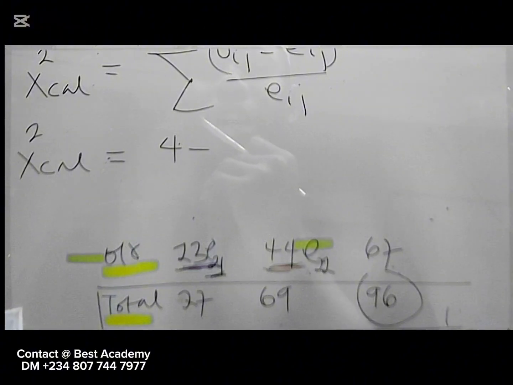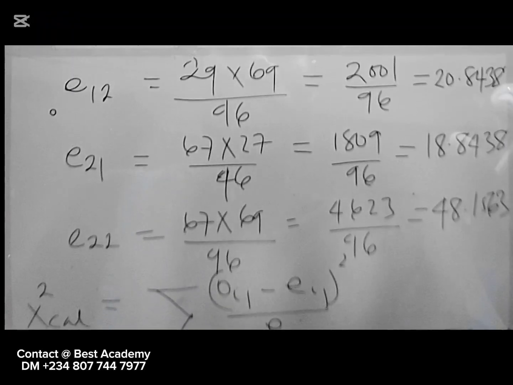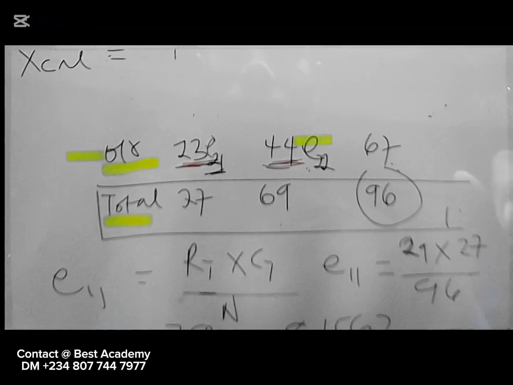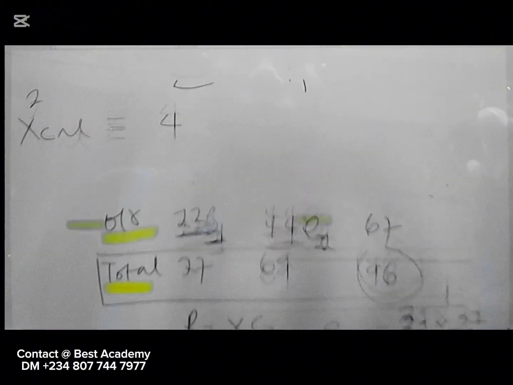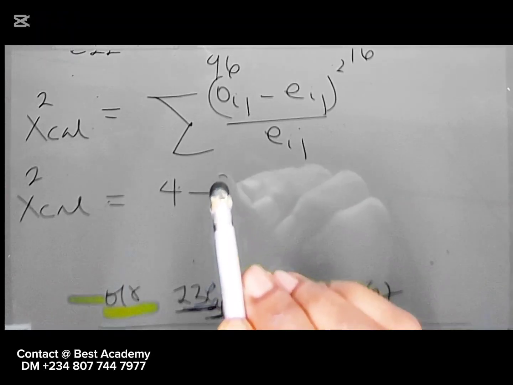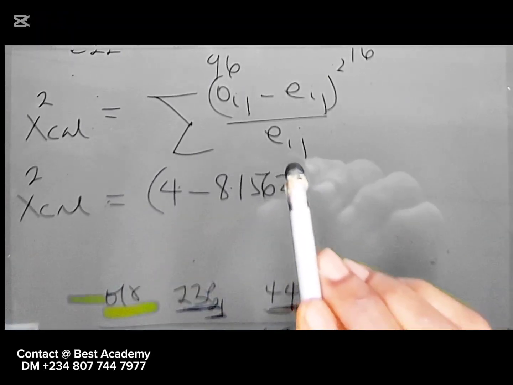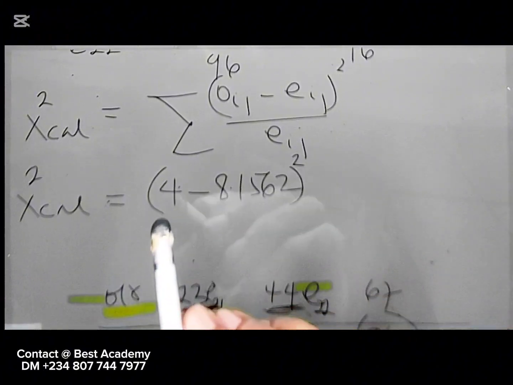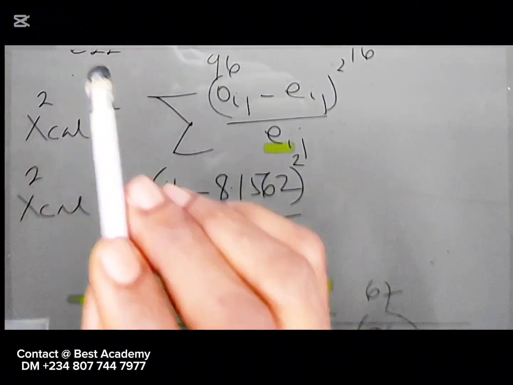Each observed has an expected, which is E of 11. E of 11 here is said to be 8.1562. So 4 minus 8.1562, you square this over the expected, which is this one here. So divide by